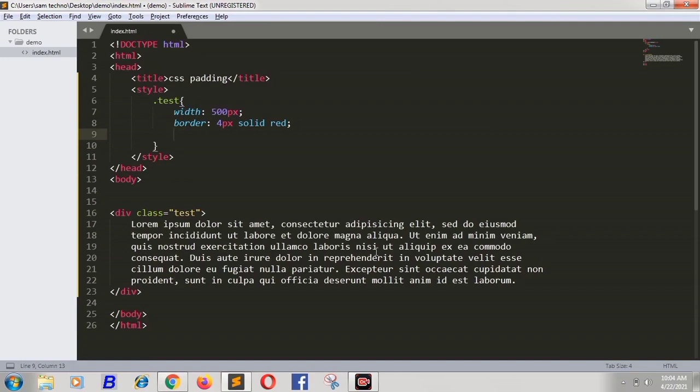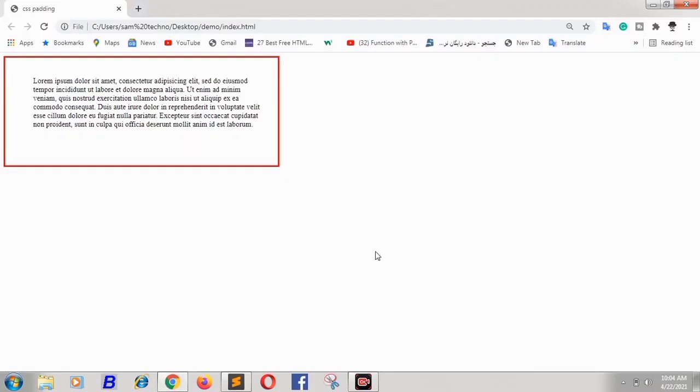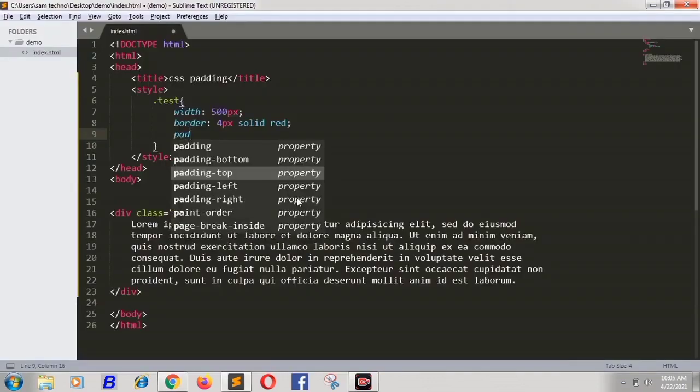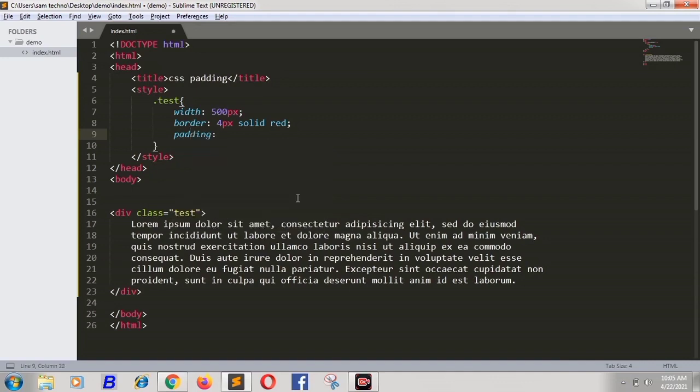I'll write it here in one line and it will affect the content. As you can see, there is no padding because I have removed it here, and I will write it in one line. So padding 40 pixels, 10 pixels, 90 pixels and 150 pixels.